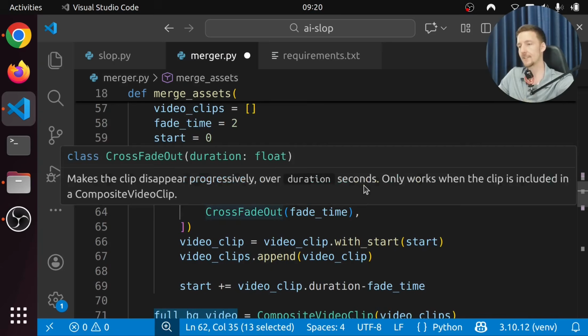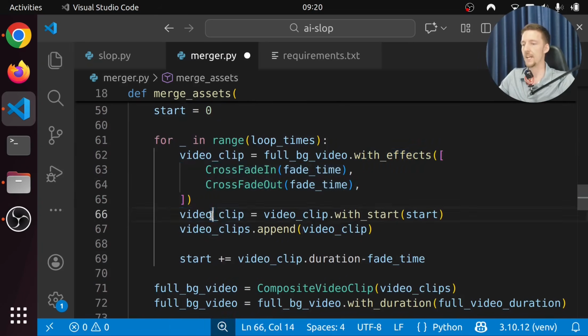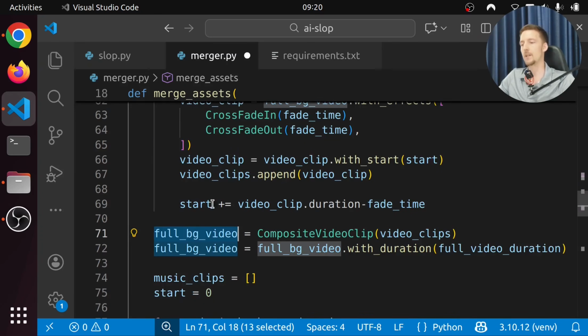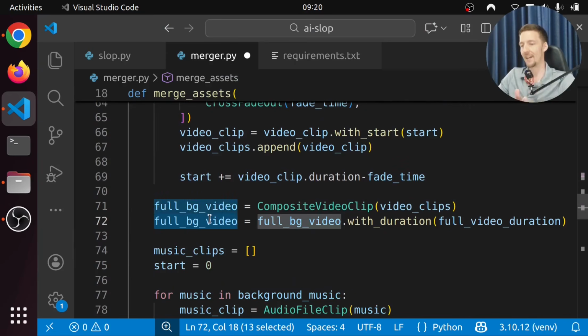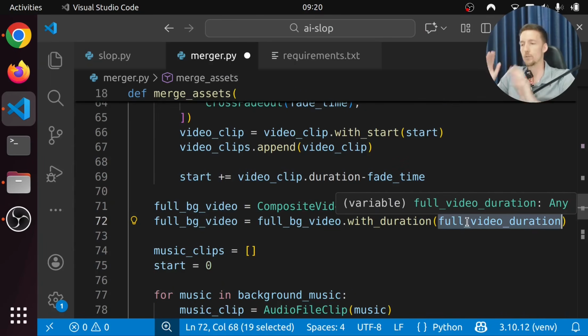We add to that the effects. And then we set the start time and we add it to the video clips. And then we add to the duration and we subtract the fade time. And then we can reassign full BG video to a composite video clip of the BG video repeated in these video clips.